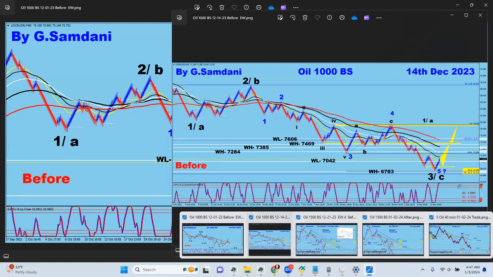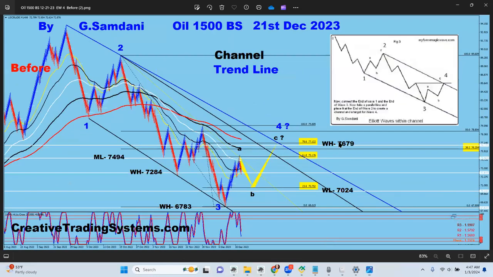So what happened to this chart? Then we went all the way up here. Okay. So we went there nice and clean. But then I said, okay, from 74.94, this usually happens. If it is going to be wave 4, let's say it's wave 1, 2, 3, then wave 4 usually comes in this fashion, A, B, and C. So if this is A, then we are supposedly dropping for wave B to this level, 70.24 again. Okay. And that is the chart I made on the 21st December.